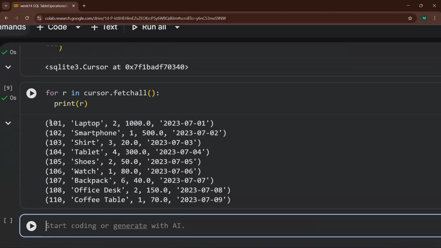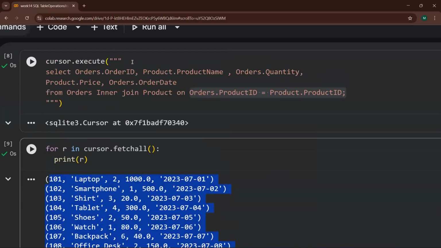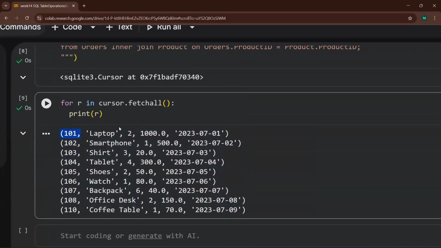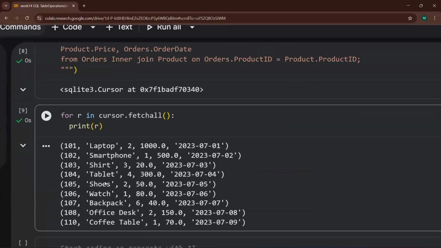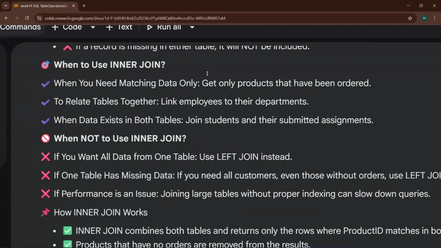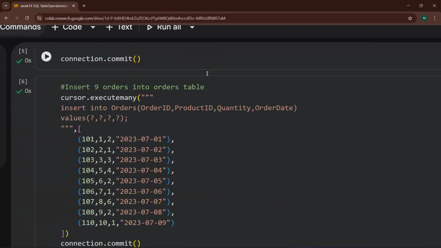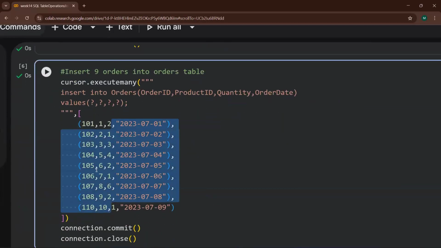If you see, you will get only those things which are common in both. You are getting each and everything. You're getting order ID, you're getting product ID, everything which you are getting over here. But only those which are common in both of them. Only those where product IDs are common in both of them. Okay, guys? Product IDs, product IDs. Wherever product ID is common, that thing only you are going to get over there.